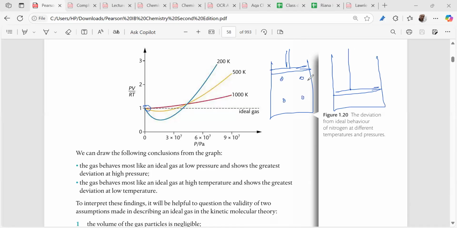Why? Because they're closer to each other. What happens to the particles? Are the particles coming closer to each other or farther apart? Closer to each other. When the particles are coming closer to each other, the interparticular force of attraction will now be able to exhibit. Is it clear? And that we do not want, because ideal gases do not have interparticular force of attraction. Did you understand this part?